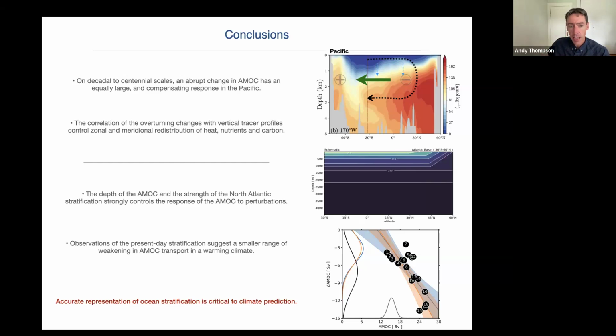And maybe just to close, I'll say what we've learned is that the ocean's stratification plays a really crucial role in understanding what the global response is to perturbations, whether they're localized perturbations or global perturbations in these experiments. And so I think these are important places to go to look for biases in different climate models. How well are they accurately representing the ocean stratification? And again, we're using the Argo data array, and in particular going forward with Deep Argo, we're going to have a lot of information about where we can improve models in their representation of ocean stratification.